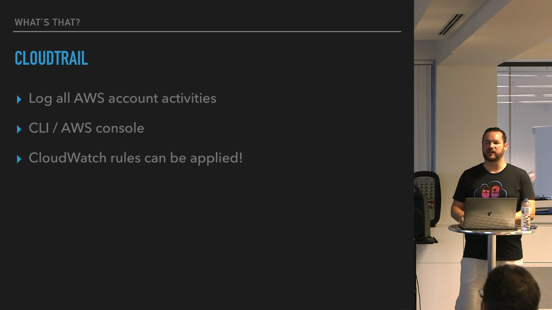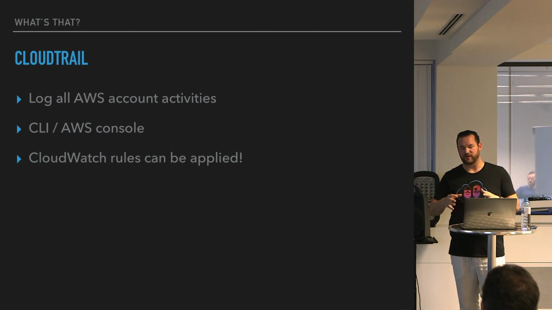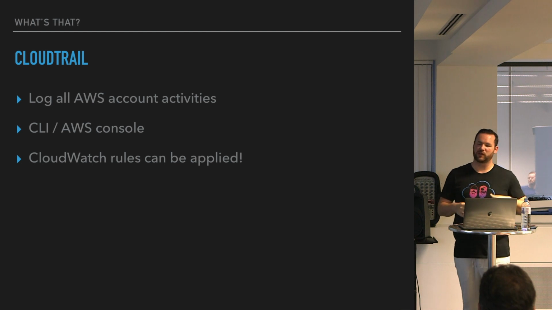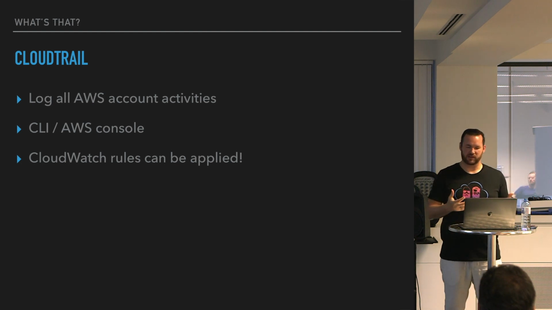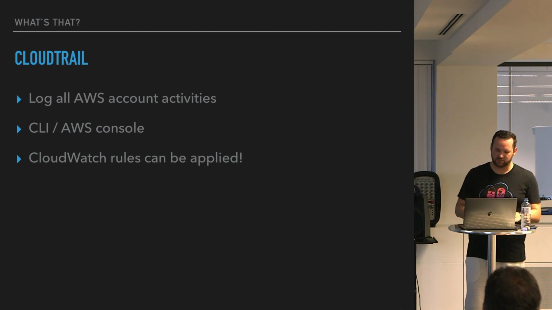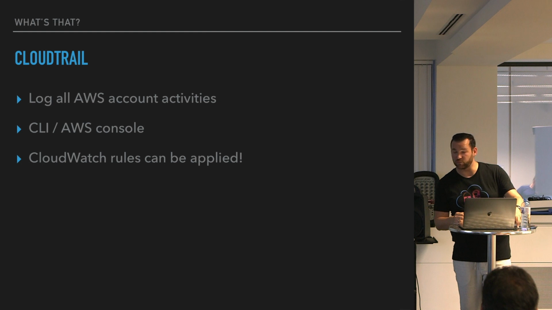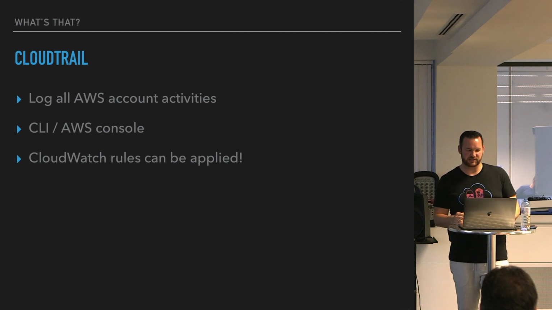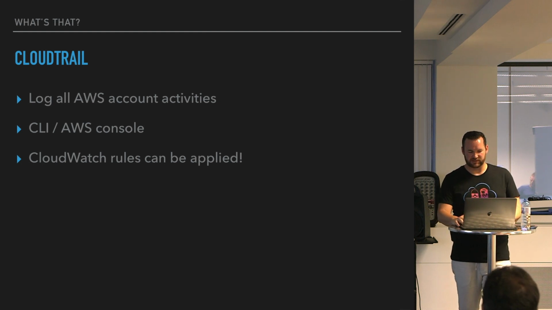And by using CloudWatch rules, you can define some behavior on those CloudTrail events. So if someone logs into your application, logs into your AWS account, you can configure a CloudWatch rule and do something. You get a notification, or you automatically block users that are not allowed to log in. You can react, or you can work with those events, and you have a chance to get notified if some activity is happening in your AWS account.